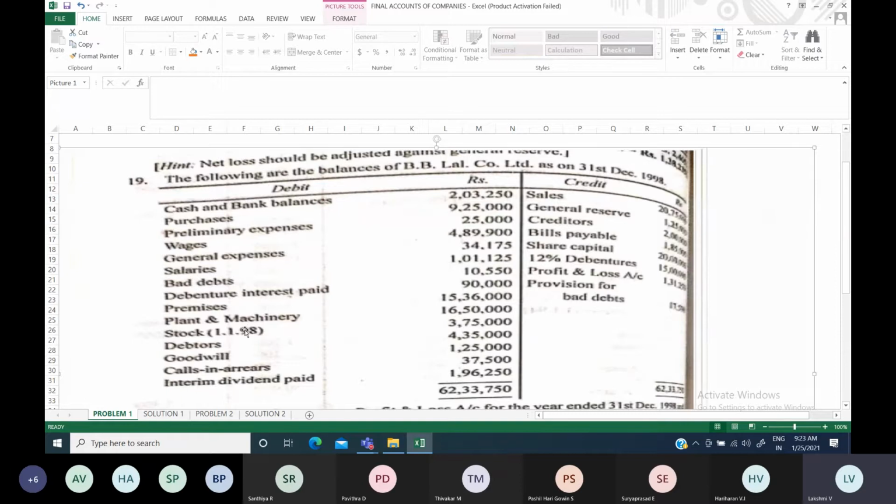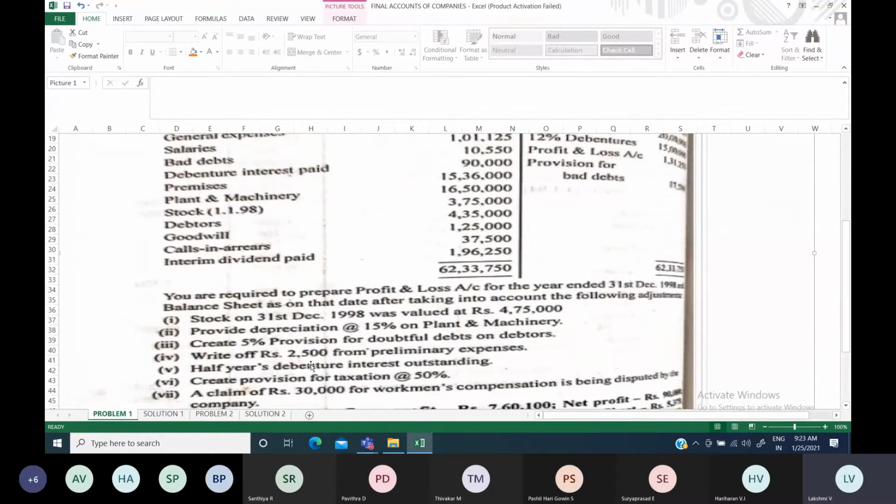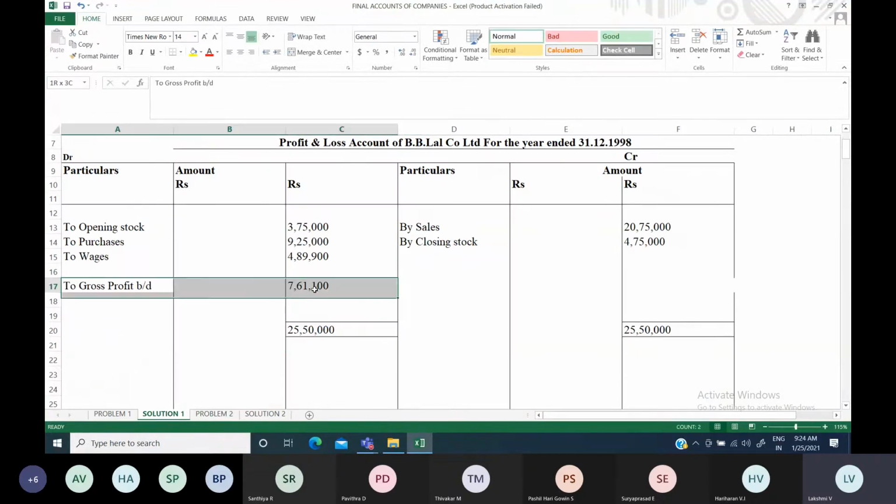So opening stock, and if you have any purchases written, you have to subtract from purchases, and if you have any returns inward, you have to subtract from sales actually. Like this you see whether there is any carriage inwards, freight inwards, wages, or outstanding wages. You should verify the entire question, and then prepare the account here. Finally, you'll be getting the gross profit. So gross profit carried down, sorry, carry down. This has to be transferred to the profit and loss account, second part.